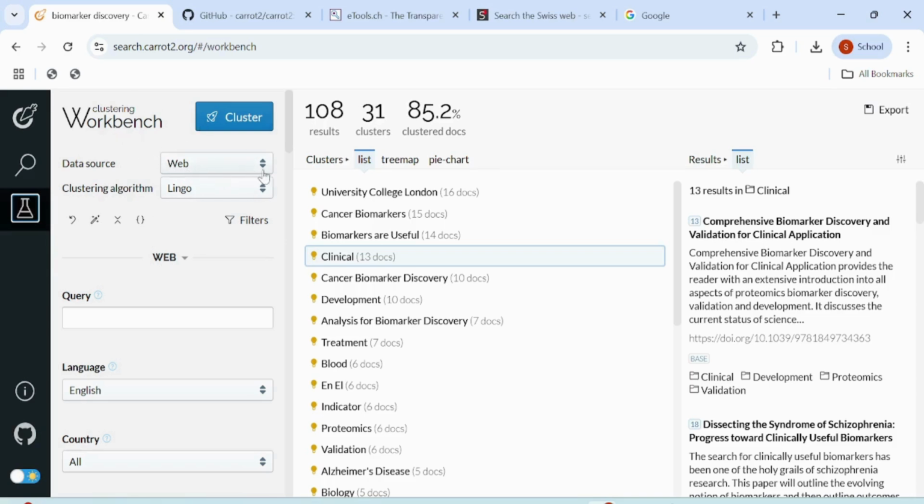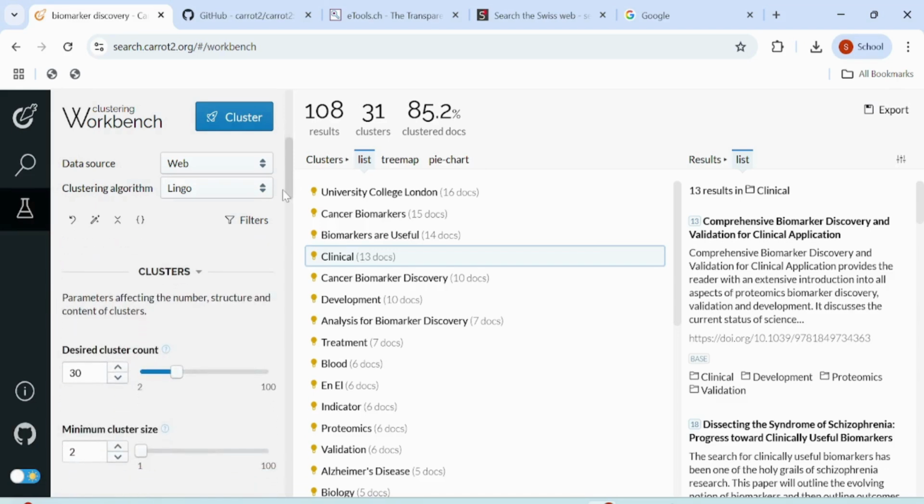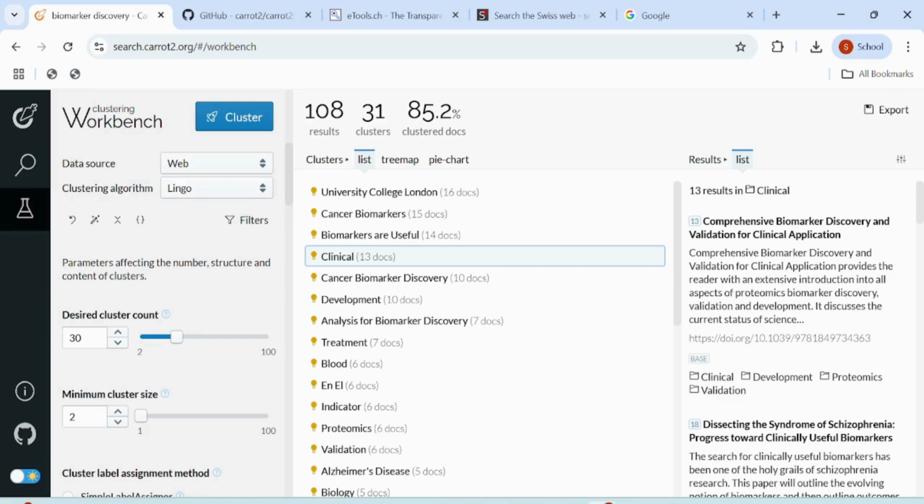You can choose the data source, PubMed, local file, SOLR, Elasticsearch as I mentioned, and the clustering algorithm. You can select K-means, Lingo, STC, and you can write your query here in order to get the result. So you just select the parameters affecting the number, structure and content of clusters. So desired cluster count here you just put, and minimum cluster size you just type here, or you can select from here, and cluster base